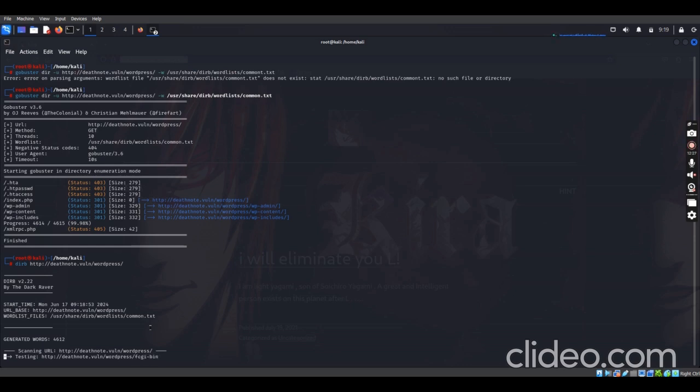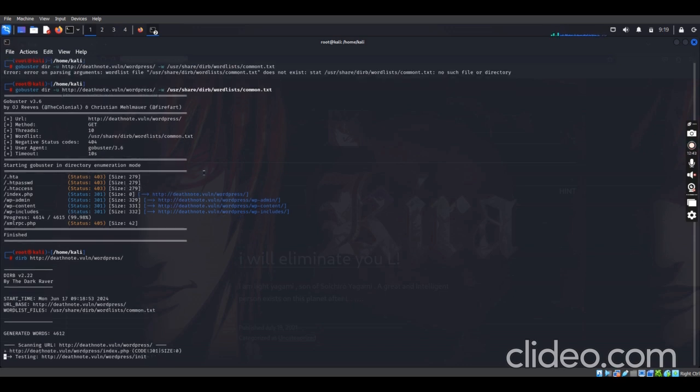Let's just hold and see if we can get any information from it. Now you can see status code is 301. So it's still scanning. Let's give it time to scan.